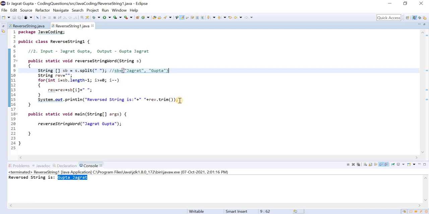So I think that's all for this session. Whatever the input was, we achieved the expected output. I hope it makes sense, and in the next video we will see the third variation of this reverse string.